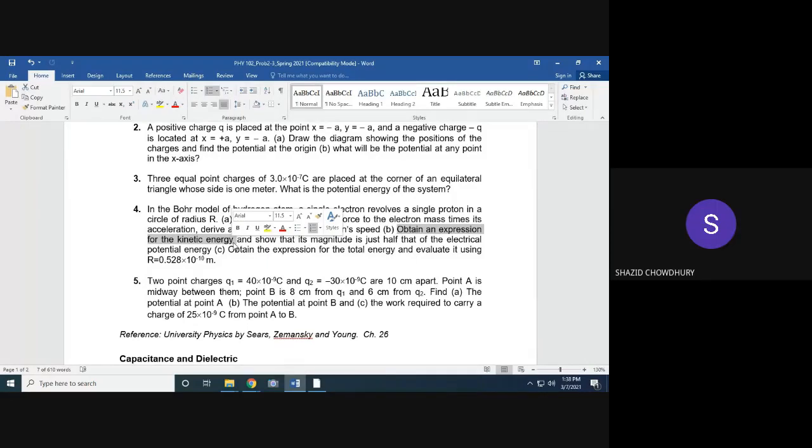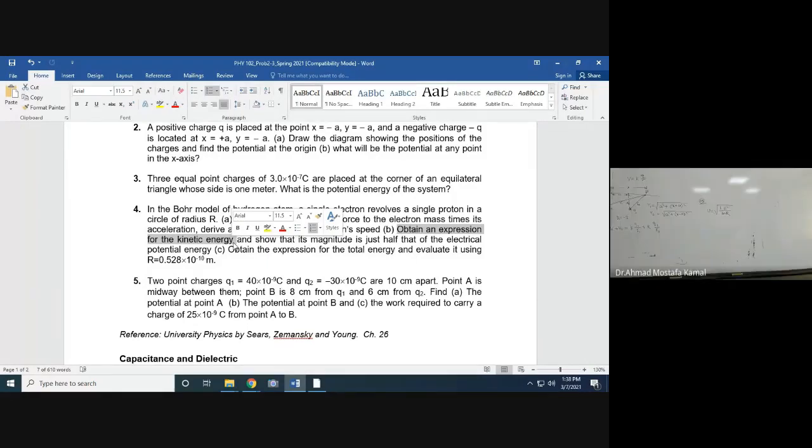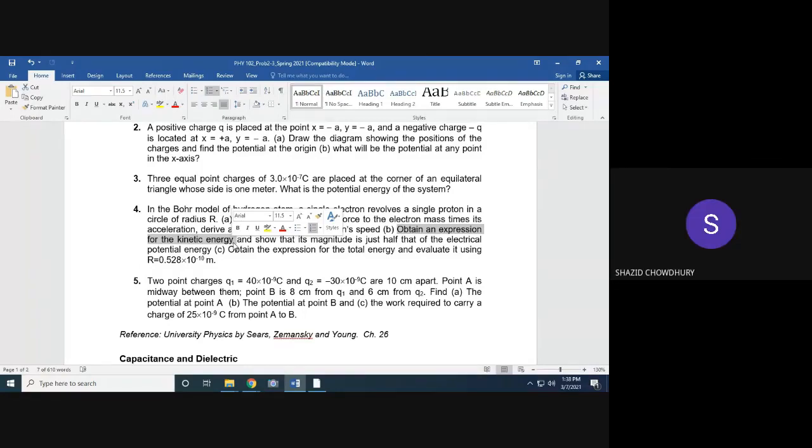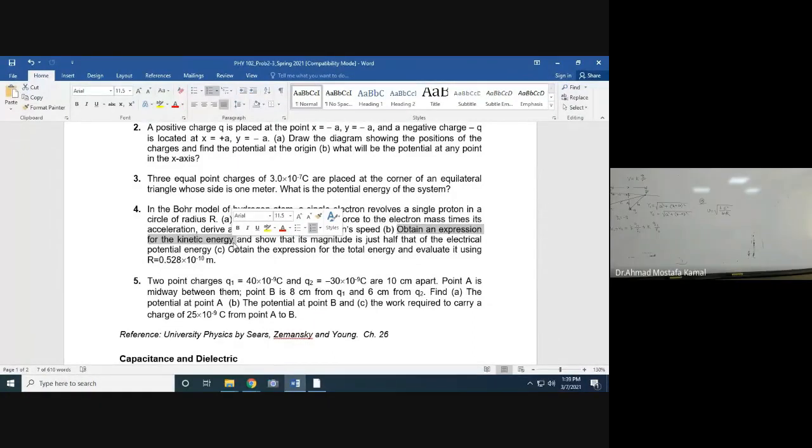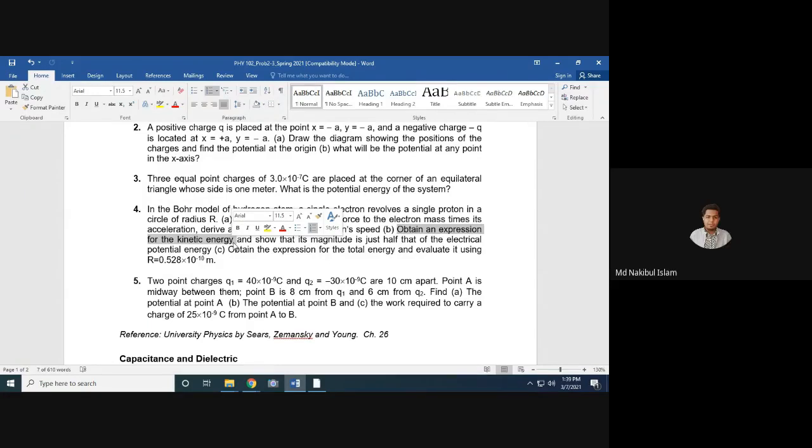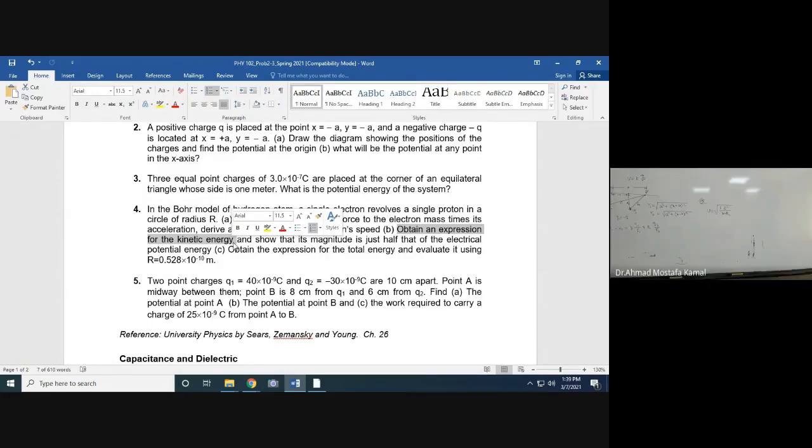Sir, KE. হ্যাঁ, KE equals half mv square। So you have V, just find out kinetic energy. You have V already. Write down half mv square. হ্যাঁ, তাহলে kinetic energy কত পেয়েছো আমাকে বলো। Kinetic energy ভ্যালু কত হলো সেটা শুধু বলো।